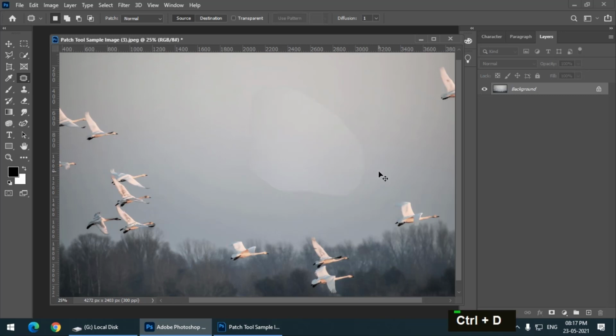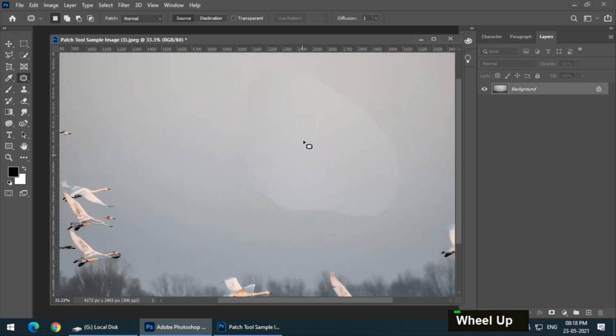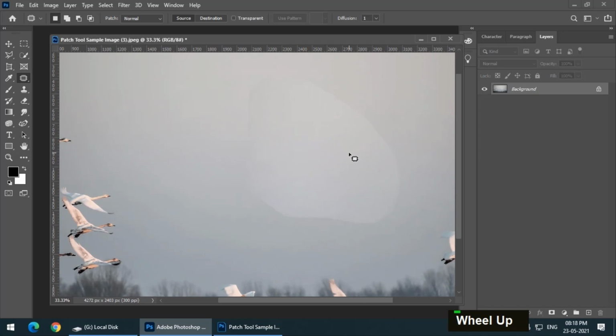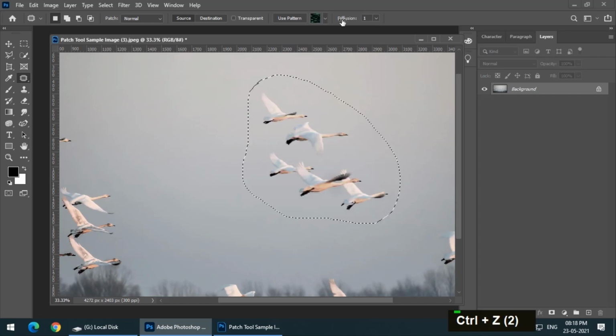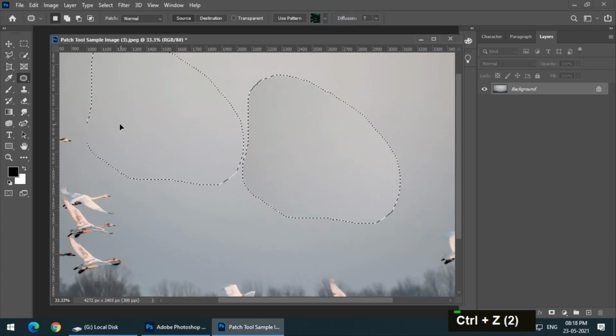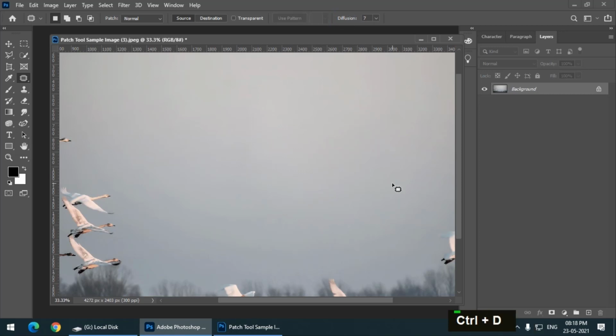As you can see, this hasn't blended in properly. This is because I have kept the diffusion level at the minimum. But if I keep this at maximum, this will blend well into the background, so that we cannot differentiate between the before and after effect that we have just applied.